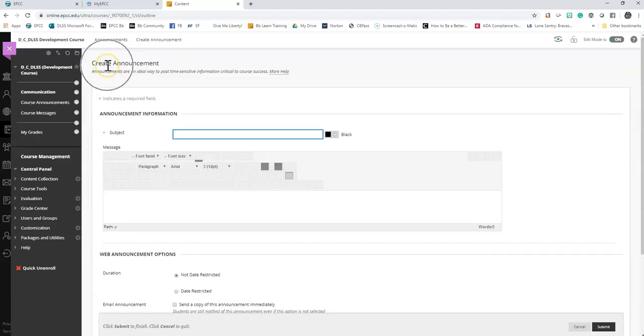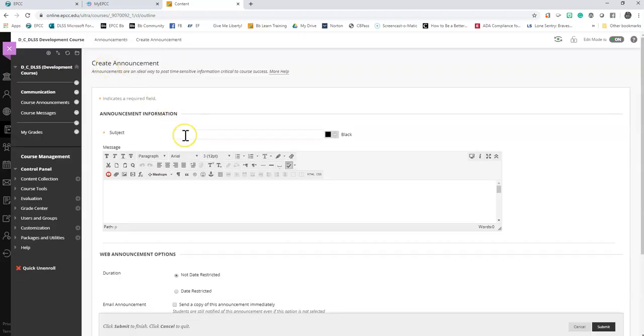The create announcement page will open. The first thing you want to do is give your announcement a subject. Make it clear, make it intuitive, make it eye-catching, because you want students to read the announcement, because you're going to put important information in there. So the first announcement you may want to put for your students is a welcome, right? You want to welcome them to the course,